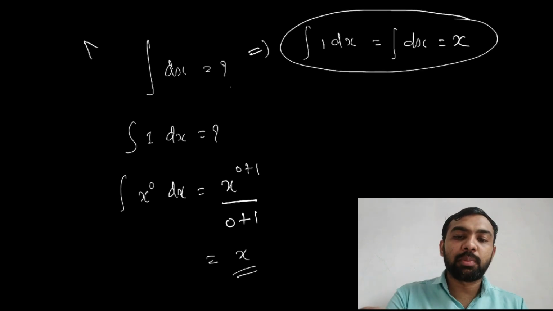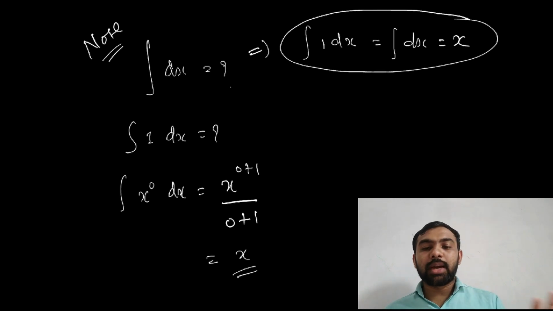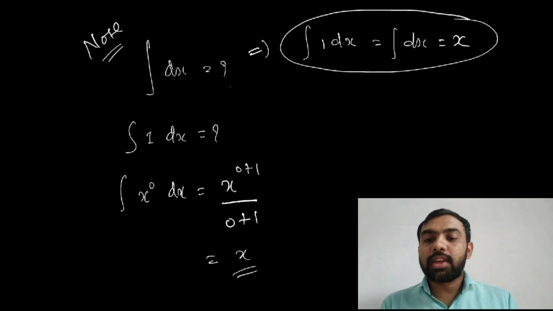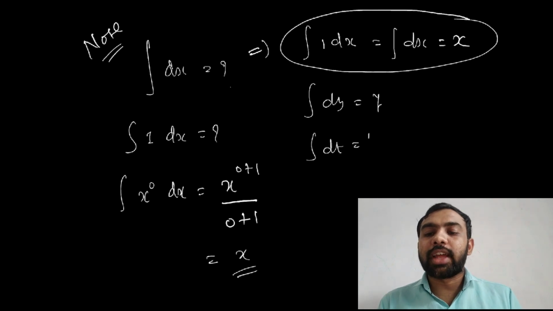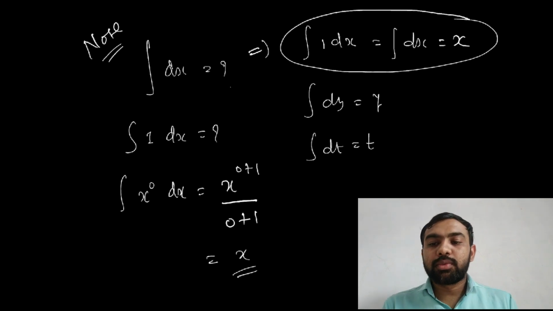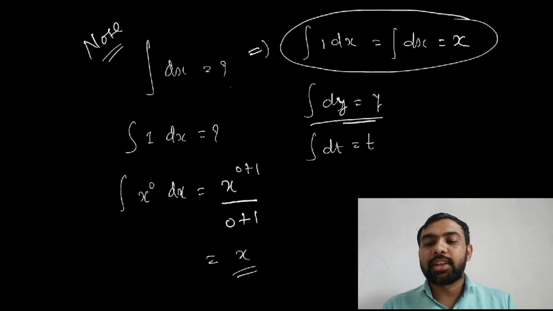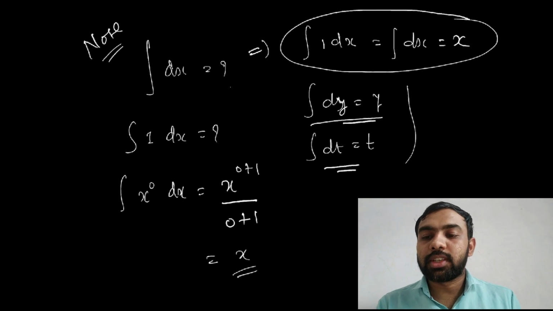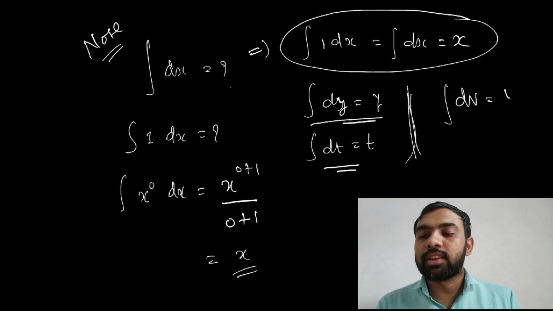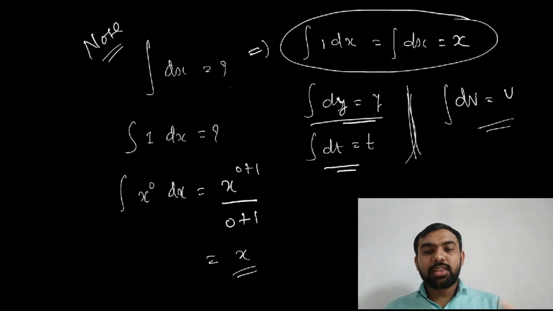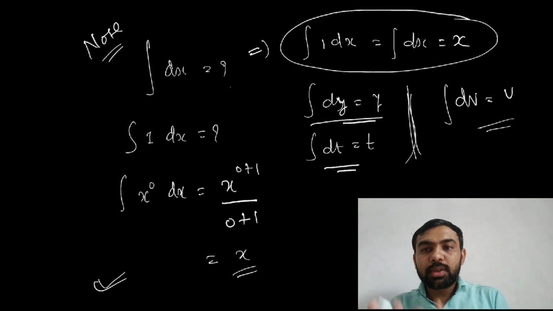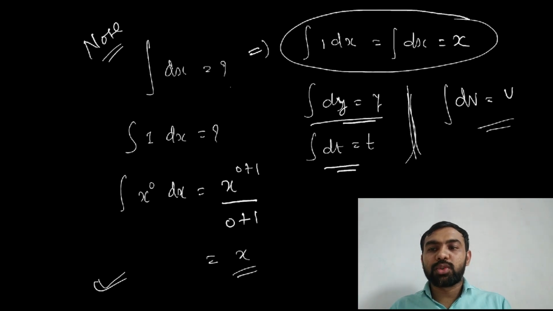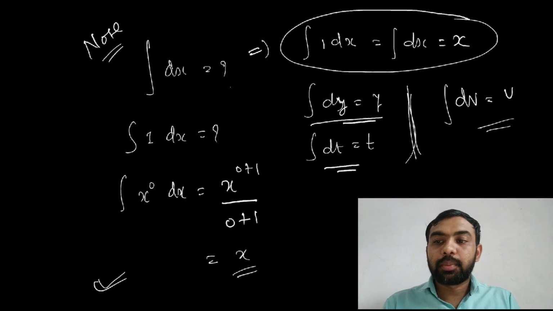You must note this, it is a very important note. If anything like this is given to you, you directly write x. If integration dy is given, write y. Integration dt is given, write t. Okay, whatever term is here, you write it, y or t. If integration dv is given, then write v. Okay, this is for the exam, this is the note why we write this type of thing. All of you must note this in your books properly, then after this we go to the same example. Note it. Let's see.